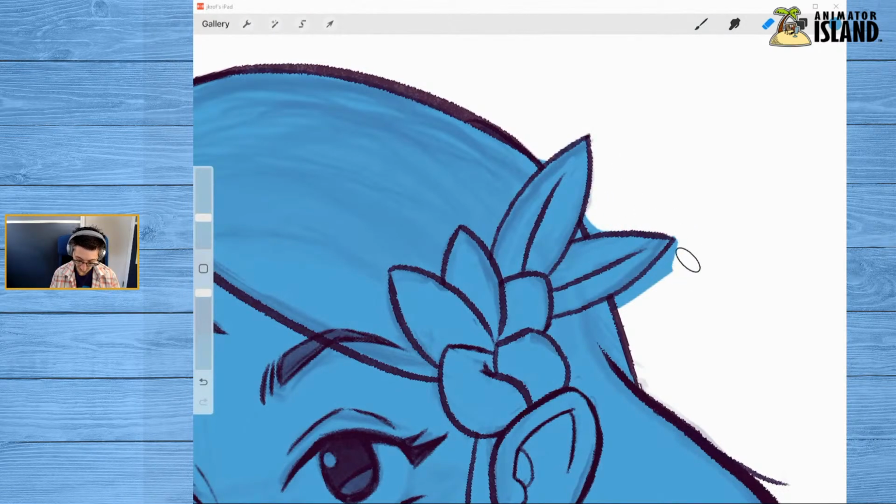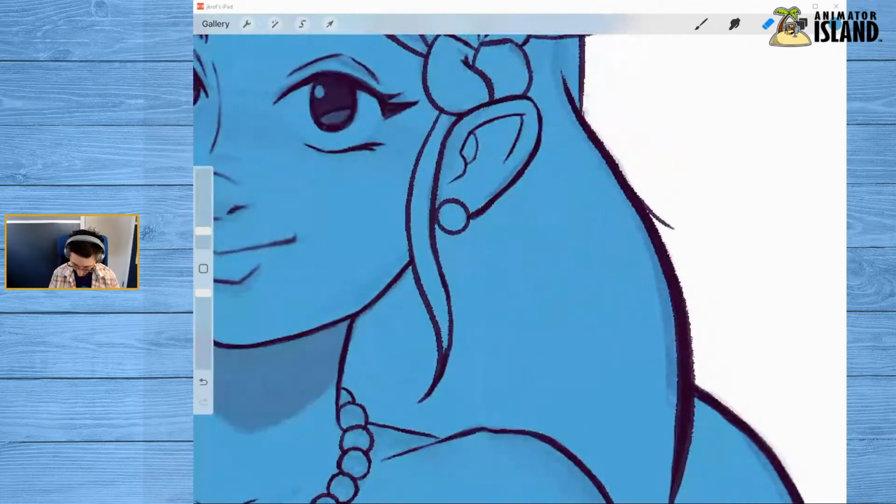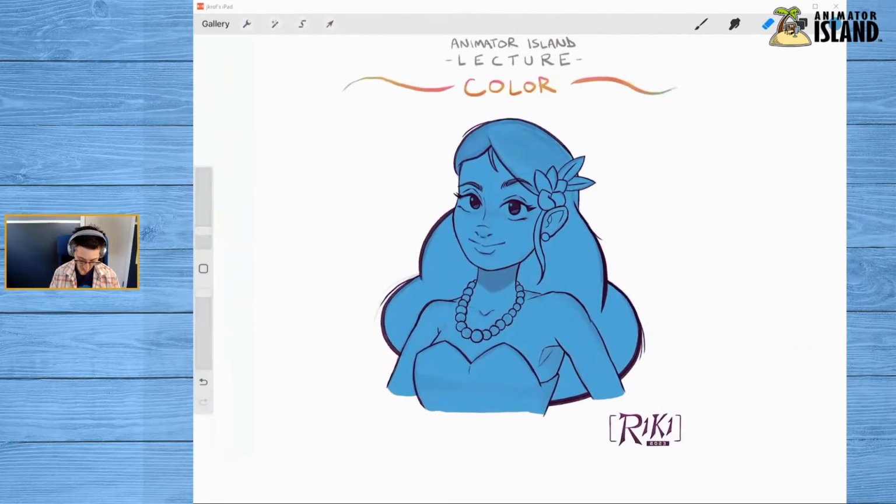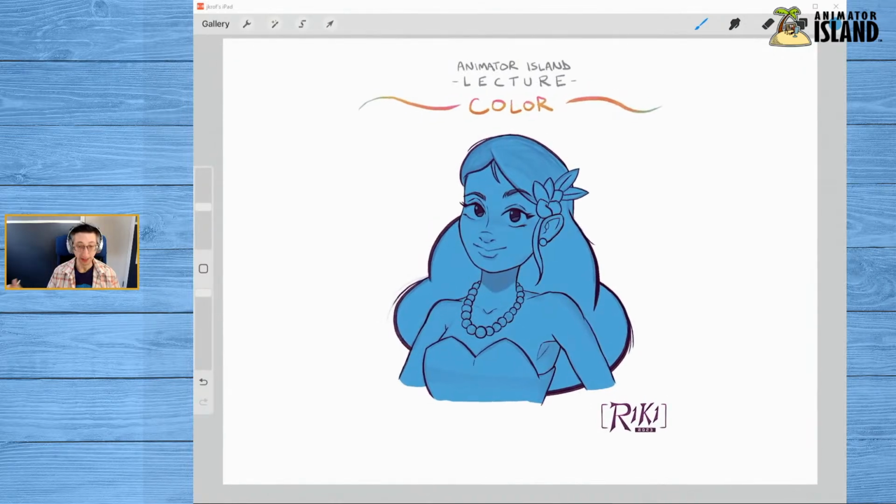So I will finish that up and I'm going to need to change the size of the eraser real quick to get into these detailed areas. But then we will have the entire character filled in. As you can see, it's pretty cleanly filled in for the most part, and we're in good shape. So that's step one. Now, as I said before, I don't want her to be blue. That's why I started with blue, because I knew that that was a color that I did not want to choose. I'm going to start with the largest portion of color, and that for me would be her skin tone